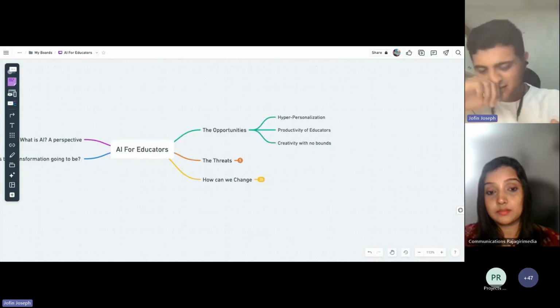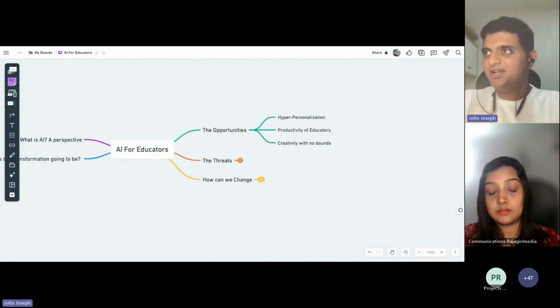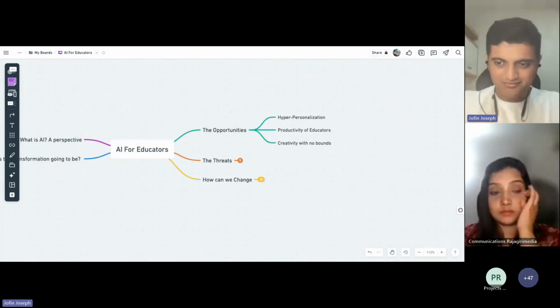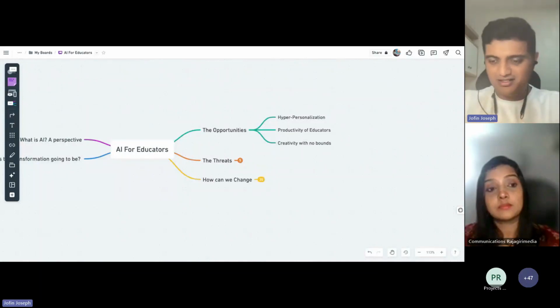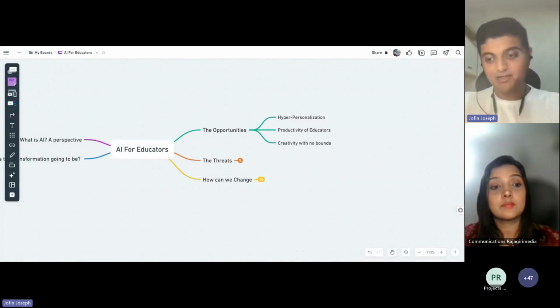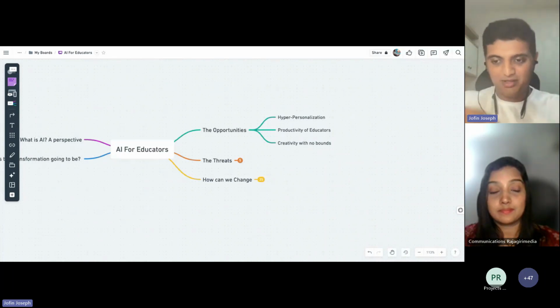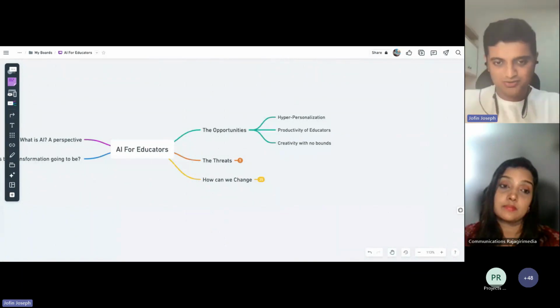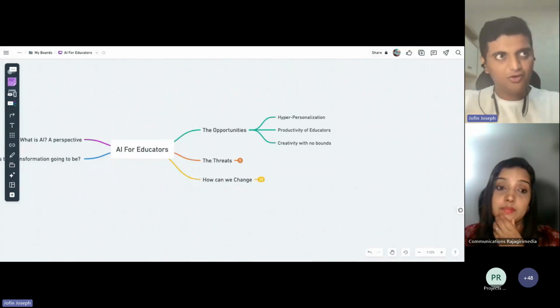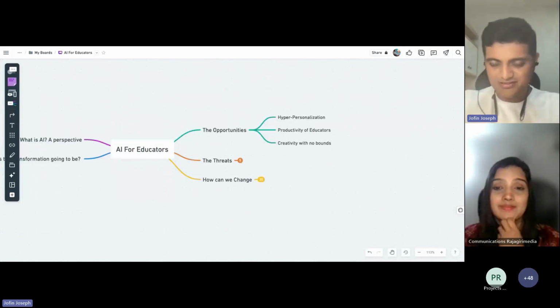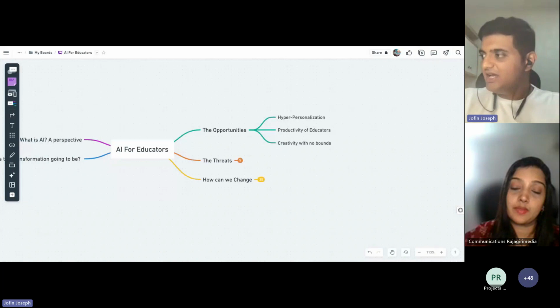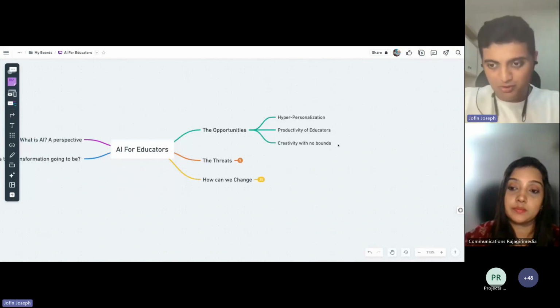Starting from simple things like creating a question paper, and we'll later come to some tools which I'll show you, where you can do these specific things: creating a question paper, creating a class plan, creating a smart way in which you can explain some things. If you're a science teacher, you want a very specific bisection image of a heart which shows it in a very age appropriate way, you can do that, right? I'll show you examples of all these things. You don't even have to look for whatever is available on the internet. You can create all these things and just show your children, and that is creativity with no bounds, right?